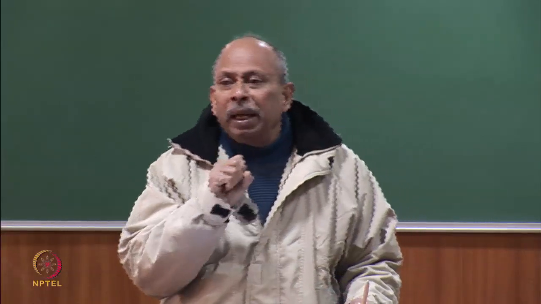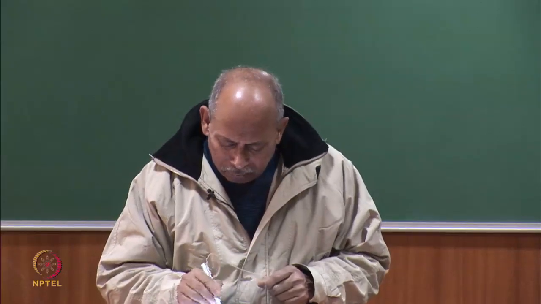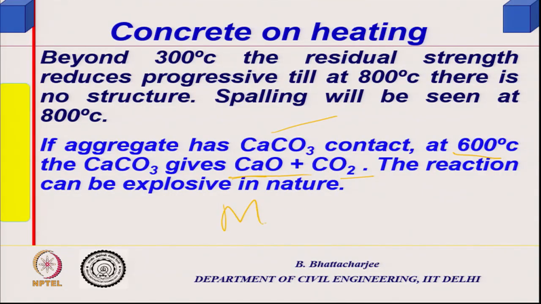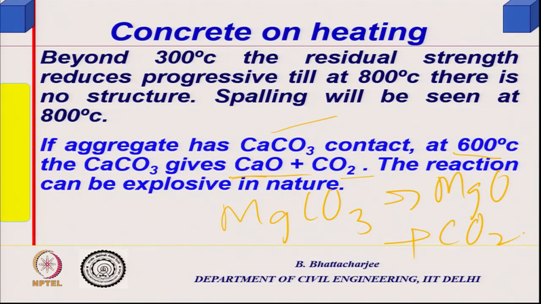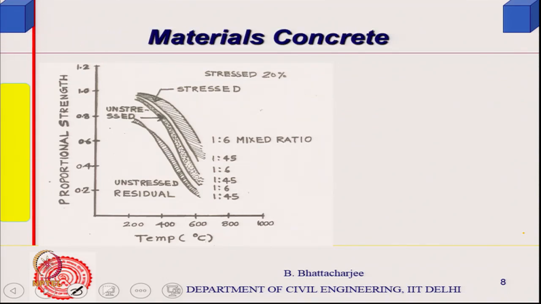All carbonate aggregates break down through this kind of chemical change, and magnesium carbonate will also break down into magnesium oxide and carbon dioxide. These are explosive in nature. So they simply spall out, causing the spalling of concrete, right? Spalling of concrete. So people have actually done experiments to find out the properties of